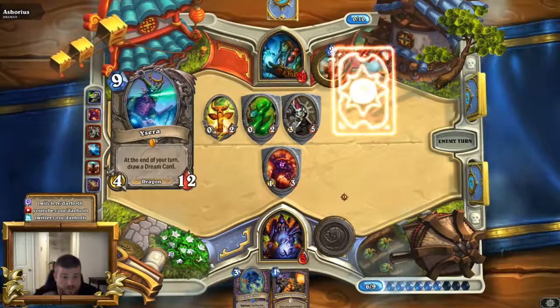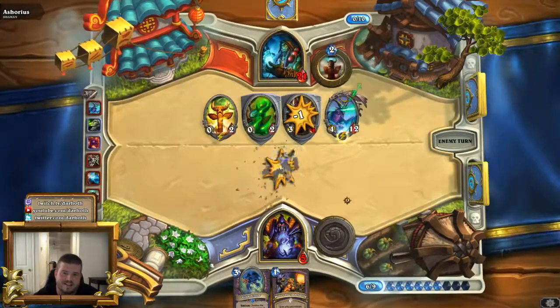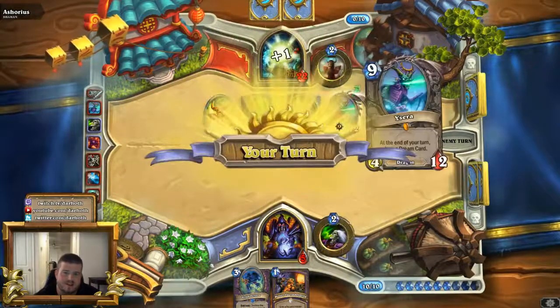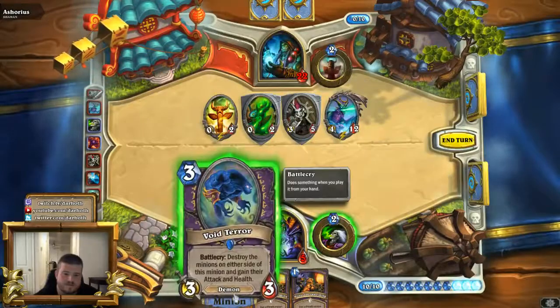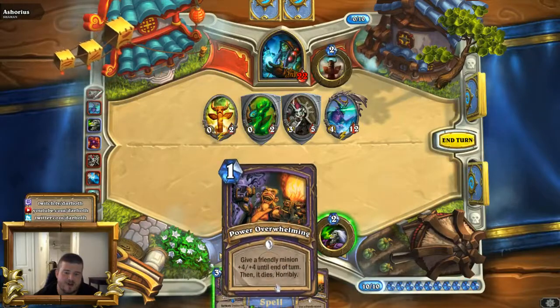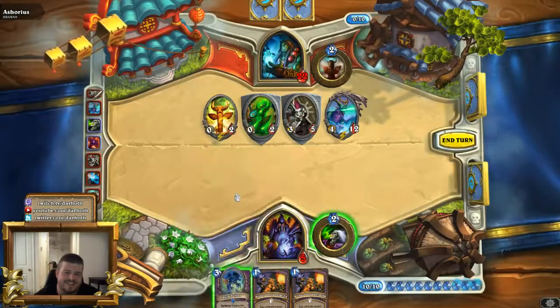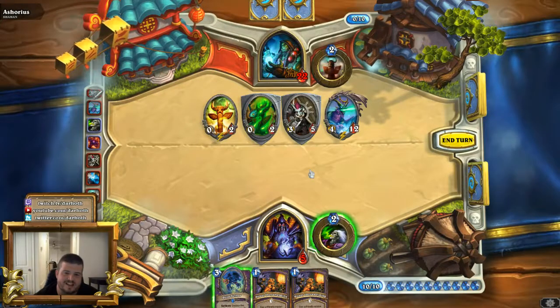He's got Bloodlust or something. Oh, Ysera, really? Wow. That's gonna be tough to deal with. Ysera, you get a dream card at the end of your turn. Two power overwhelmings, though. Oh, it's not quite enough to kill Ysera. Doesn't matter because we still have to deal with, no,